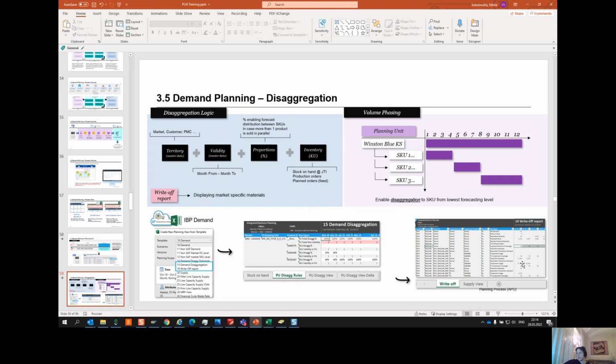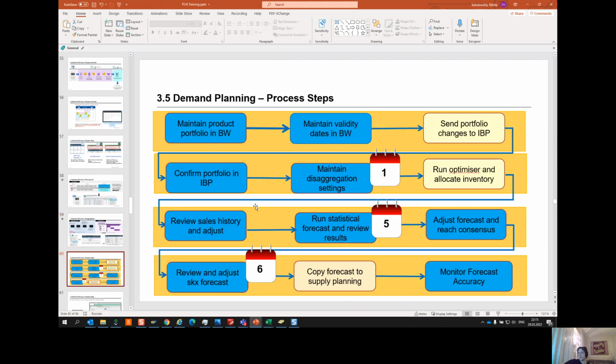So they maintain the data and update it, save it in the system, so it can be transferred to another template. And this is a step-by-step process with various templates. So basically the information goes from template number 10 to the final supply templates, through all of them, I would say. And here is also the slide with the process steps, one by one.